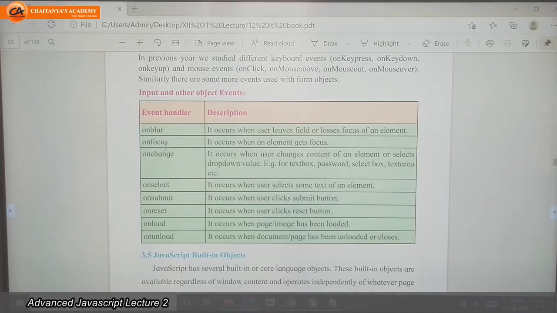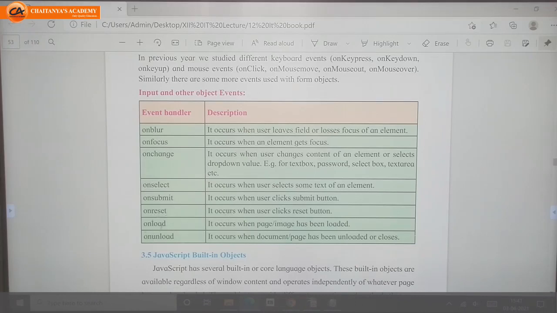Onchange, once we change the value of that particular element, we can call this event. Onselect, once we select some text of that element, we can call this event. Onsubmit occurs on the submit of that element. Onreset occurs when we click the reset button.